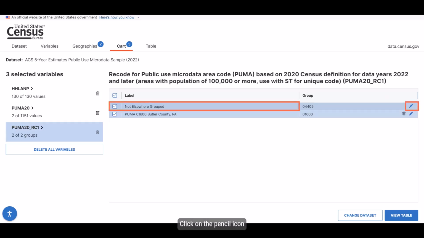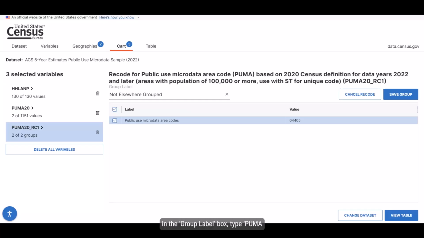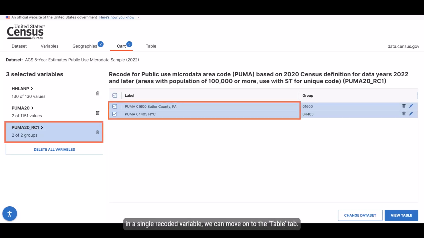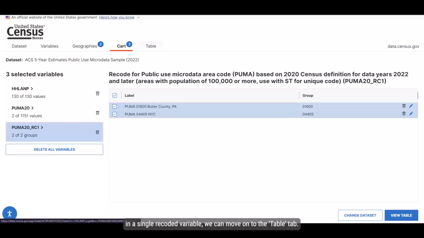Click the pencil icon to rename the PUMA in the Not Elsewhere grouped category. In the group label box, type PUMA 04405 NYC and confirm that the checkbox for that PUMA is selected. Then click the Save Group button. Now that we have both of our 2020 PUMAs in a single recoded variable, we can move on to the